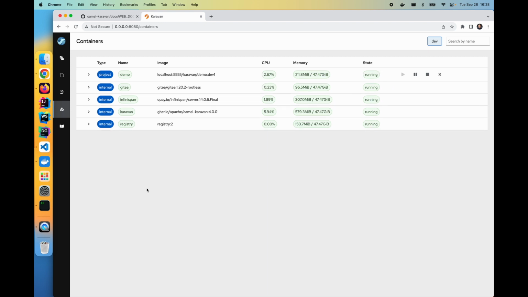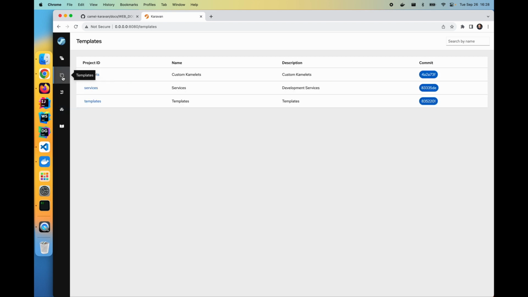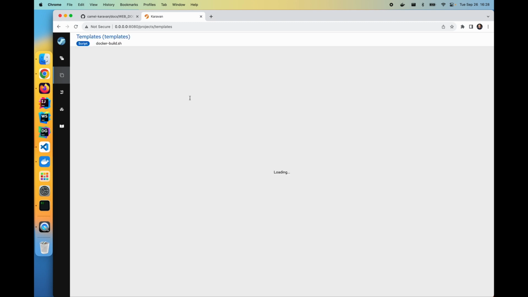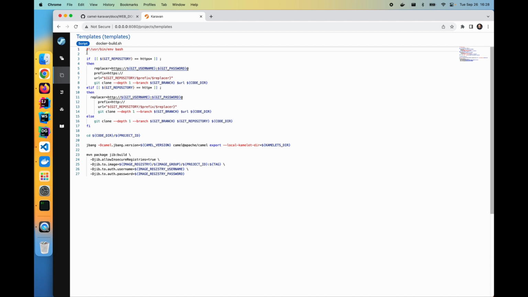What else can we do in Caravan and Docker? We could manage the build process. So actually, if we go to the templates page, we could see that we have a Docker build shell script. This is actually the build script that executes when you click the build button. So you can customize this script according to your requirements. I don't know, either add some additional checking or testing,